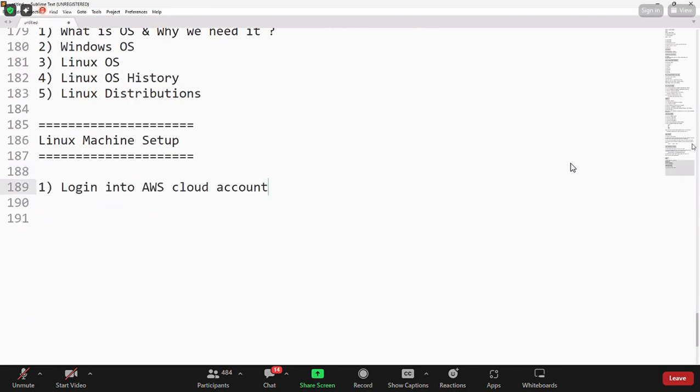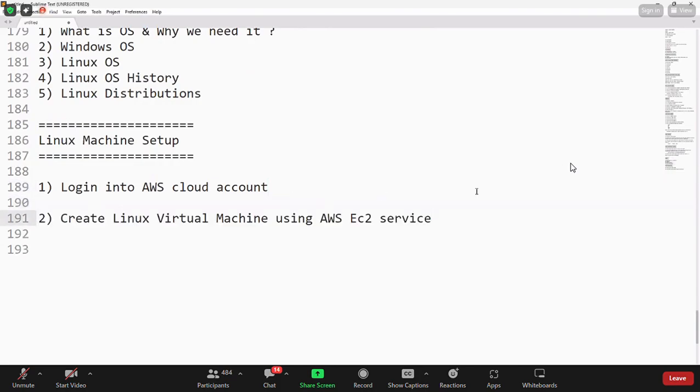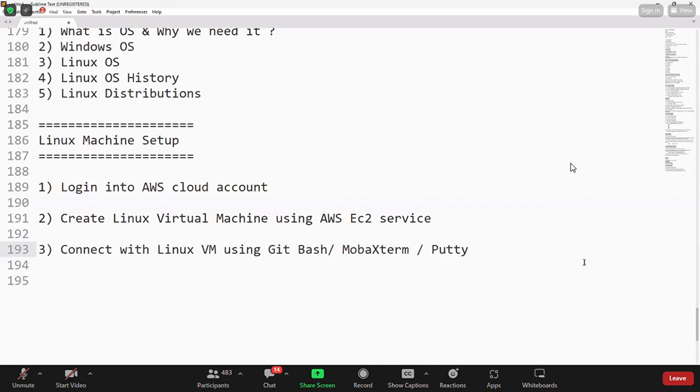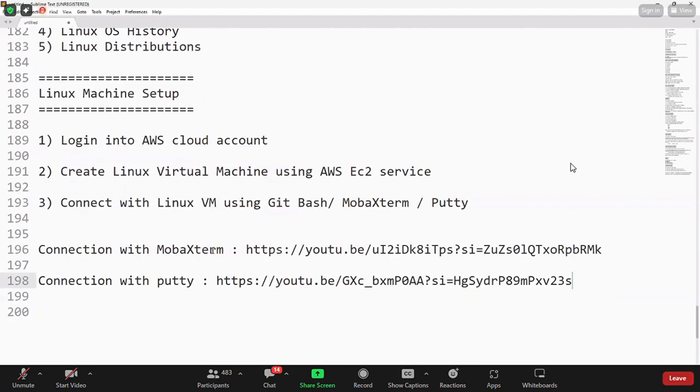You can log in to your AWS cloud account. In the AWS cloud, you can create one Linux machine by using the EC2 service. Once the Linux machine is created, you can connect with it by using Git Bash, MobaXterm, or PuTTY. How to create the Linux machine and how to connect with it by using MobaXterm, PuTTY, and Git Bash,